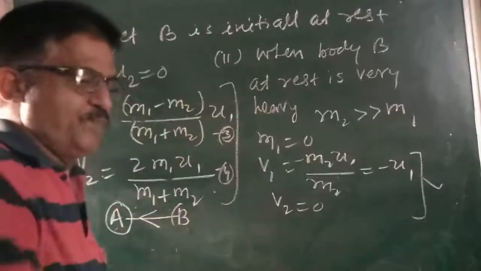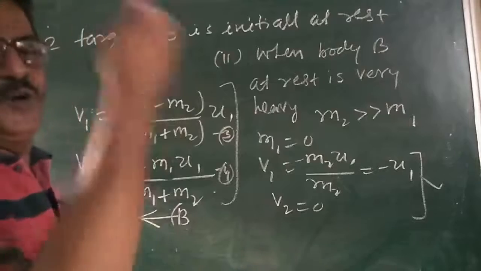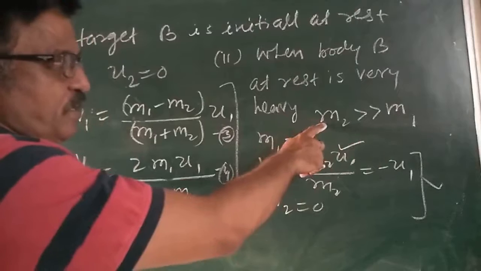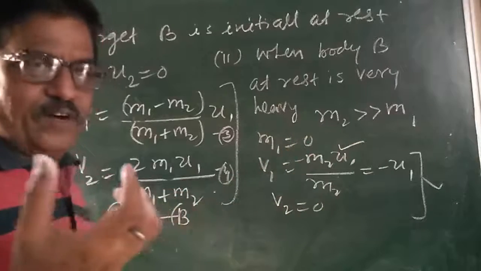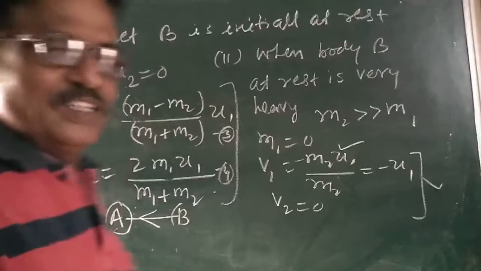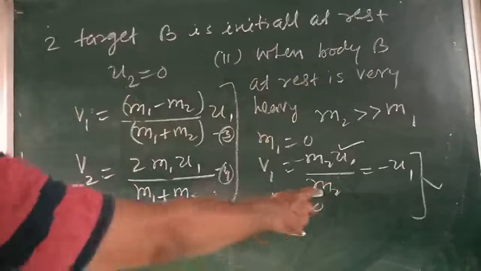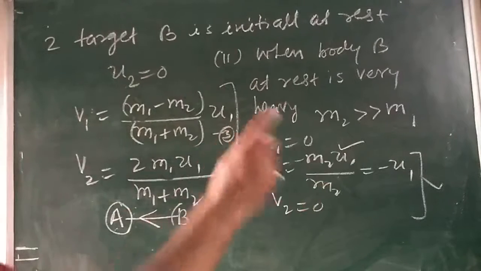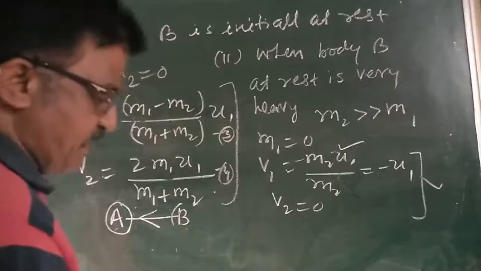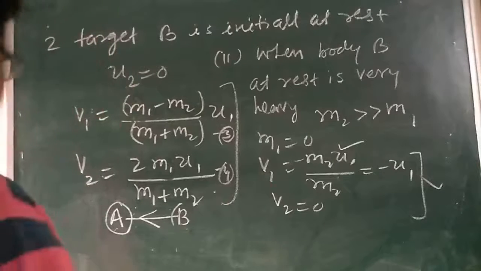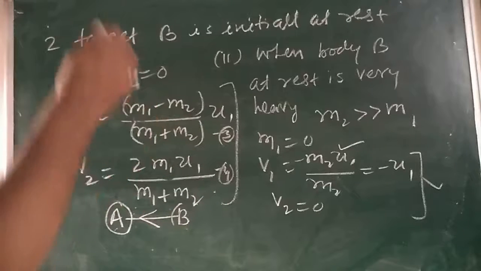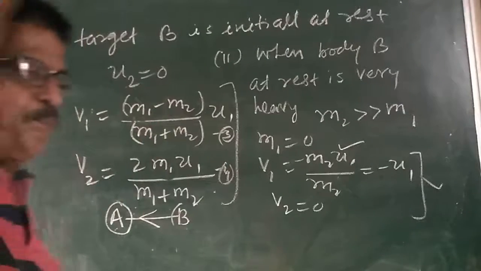बास्केटबॉल वाला सिस्टम ले लो आप. बॉल को आपने नीचे डाला, बॉल रिबाउंड हो रहा है. That is due to this, because M2 is very much greater than M1. That is our basketball. समझ में आ गया? Yes sir, this is that. So it will rebound. And our second body, that is Earth, is at rest. This is what happens when a basketball rebounds to the same height from which it was thrown on striking a floor.